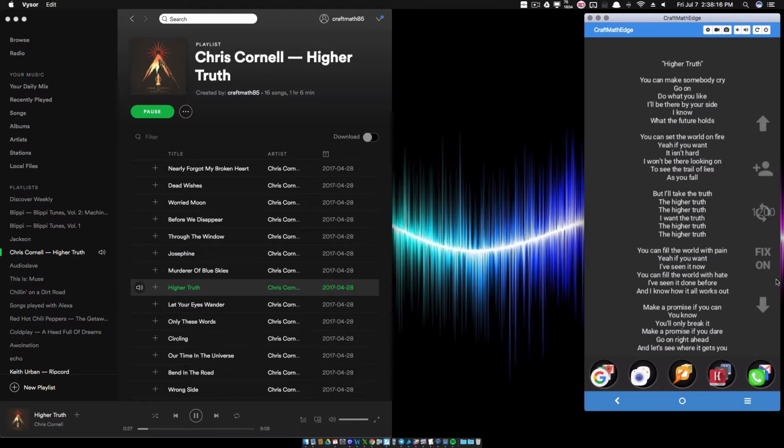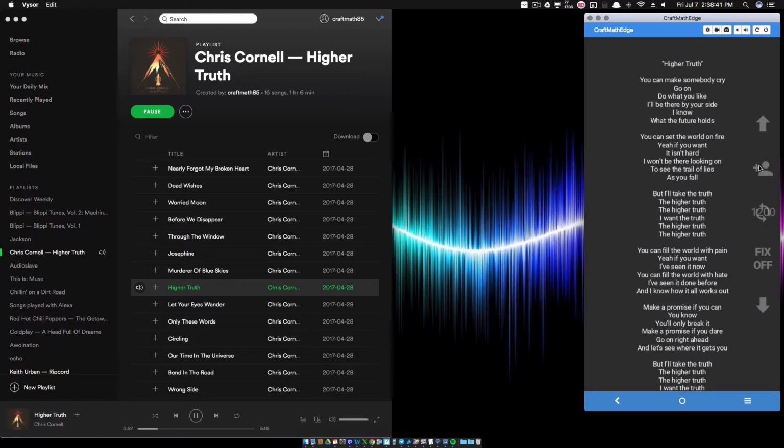So this is with the fix on. Now, it turns out if I cut the fix off, AZ Lyrics will find this song just fine because it matches up perfectly with KLWP. So I hope you get my point there. Sometimes AZ Lyrics will not get that song because KLWP's artist name and track title don't match up. That's when you can use this fix, and you can technically manually edit this on your own.